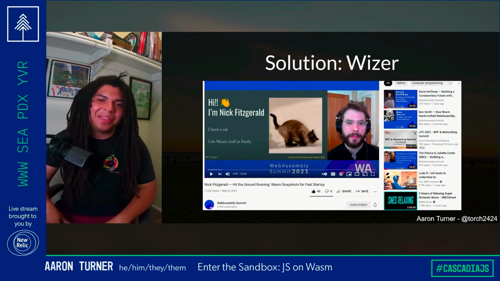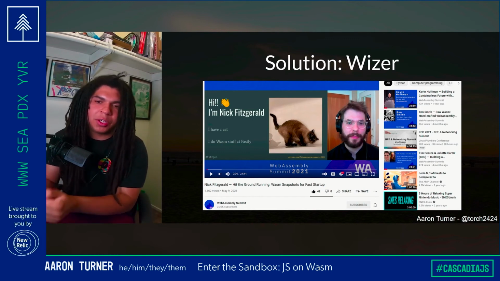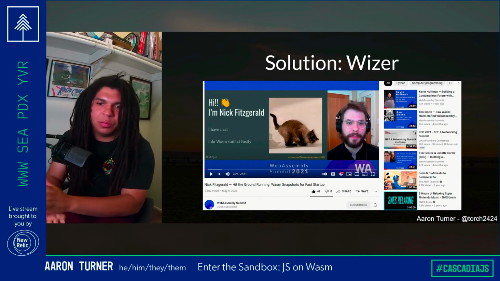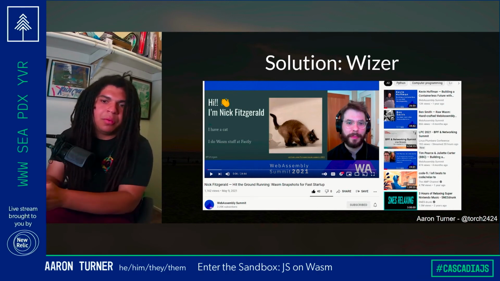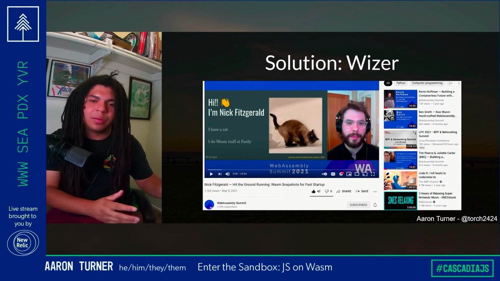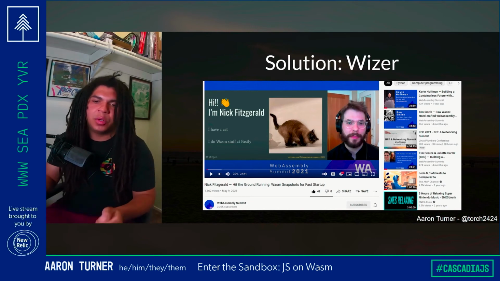But they built a really cool tool called Wizer. And what this does is allows moving any Wasm module startup logic to build time. So in our case, instead of running the initialization phase when we start running code, we can move that to build time and immediately just start the runtime phase. So we don't have to worry about setting things up. We just start running. And you can learn more about Nick and Wizer at their Wasm Summit 2021 talk on